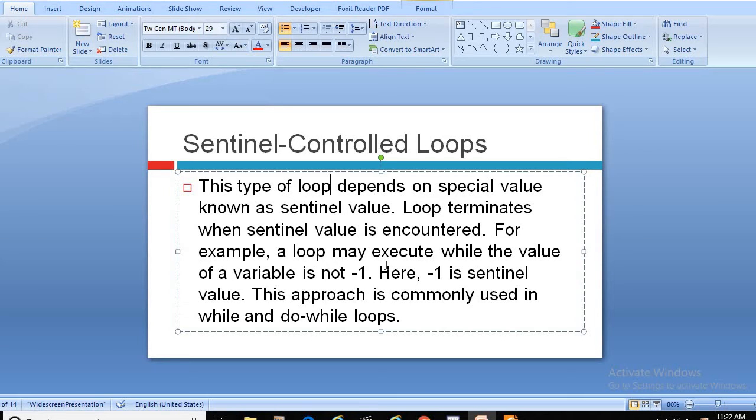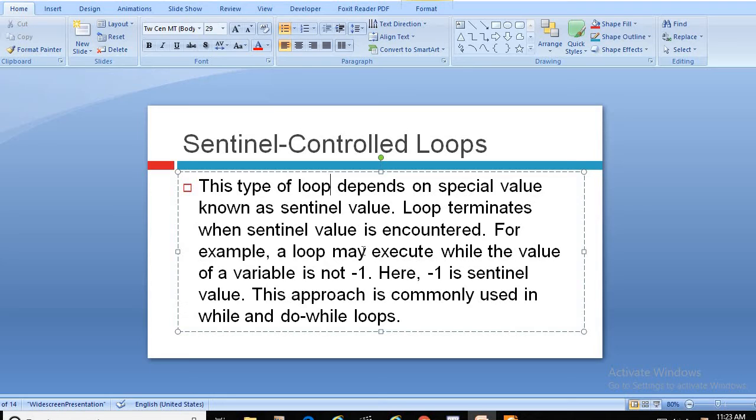When at any time, at any event, at any instant, the user inputs the value -1, then this loop is terminated. So the number of executions depends upon the condition that is encountered at any time depending upon the event. It is not known in advance.